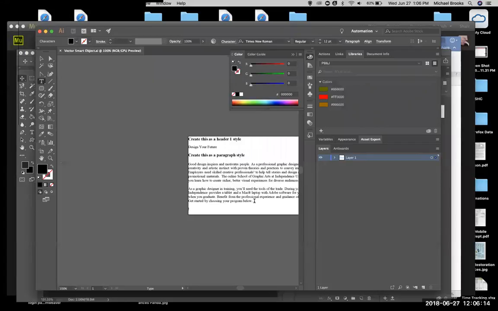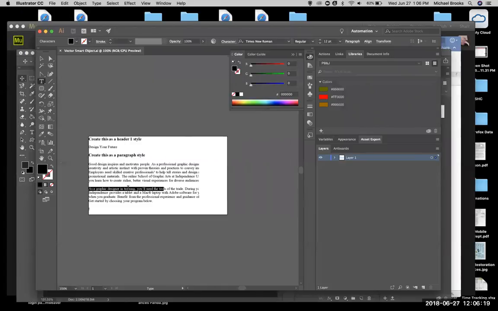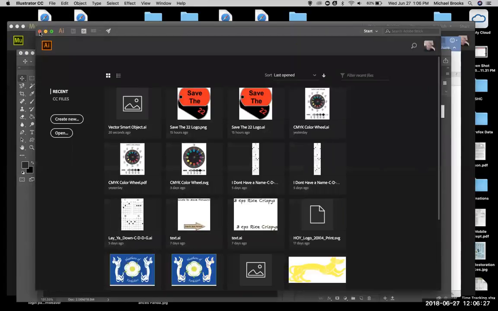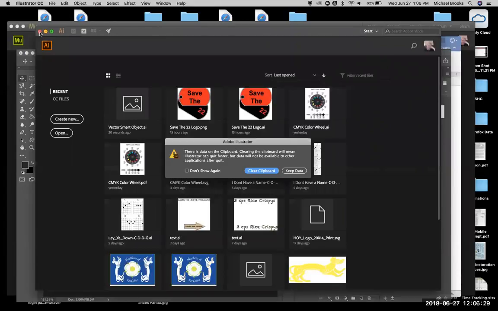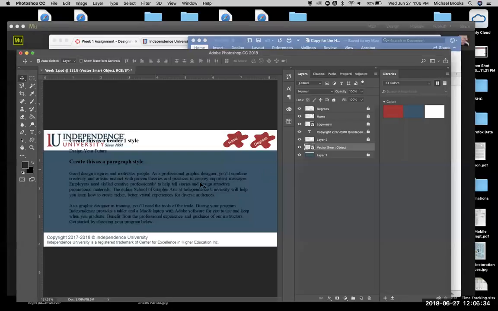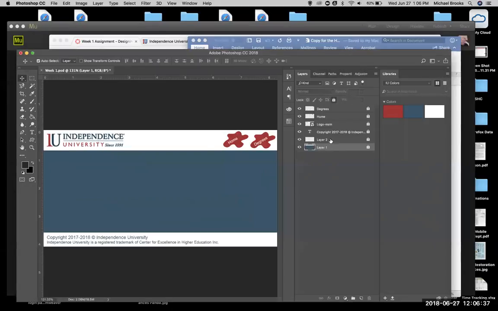Now I can take all this text from Illustrator, but I have to do it little by little. So there is an easier way to do this. What we're going to do, we're going to delete that one. Now we're going to add a layer of text. Yeah, there we go. So I just click there. And now, because it's text,